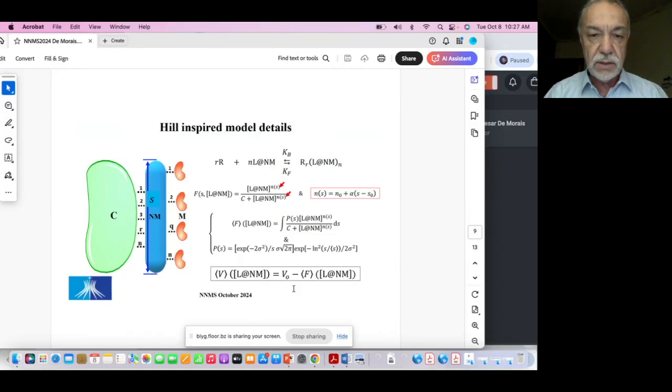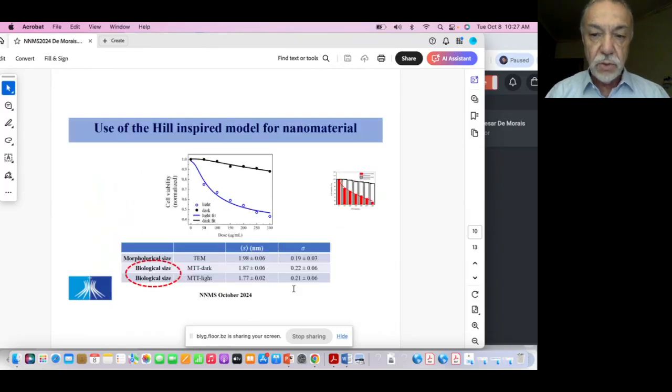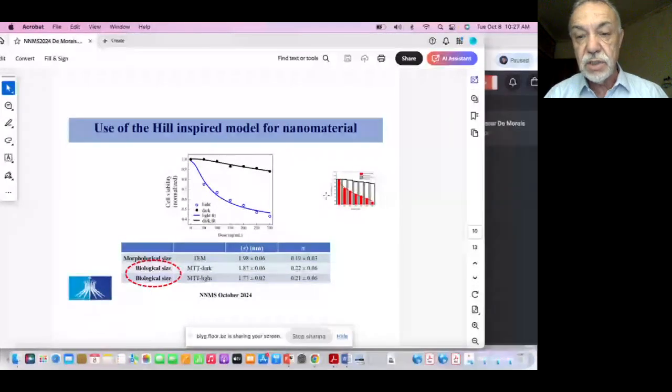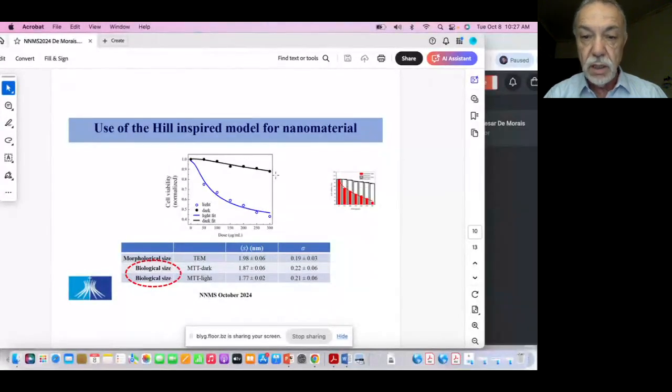So this is a standard way. If I do this, I can use this expression to fit the data. Let me show you interesting results about this. Okay, so here is the data I showed before, which is the fitting of the cell viability using a standard